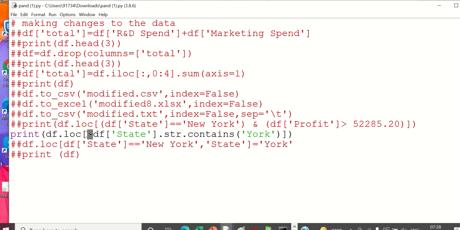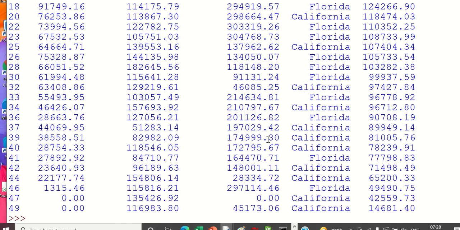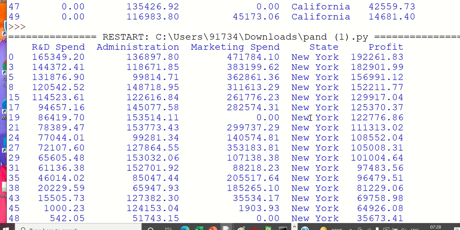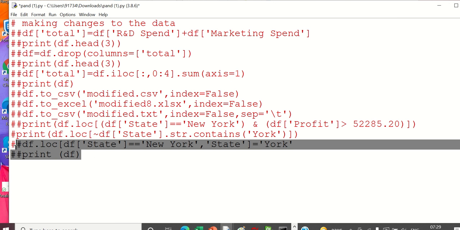If you remove this, I think it will have written only the states which are having York. See, now it will be only York. If you remove that, this is how it will be. Last one we will see. Now the last one, what it will do is it will replace New York with York.